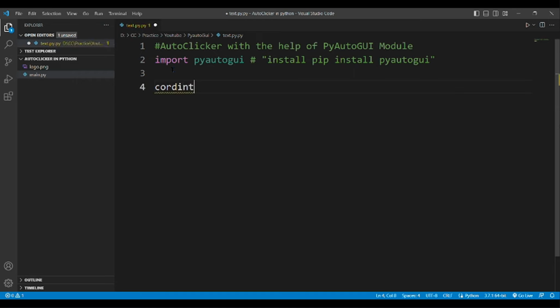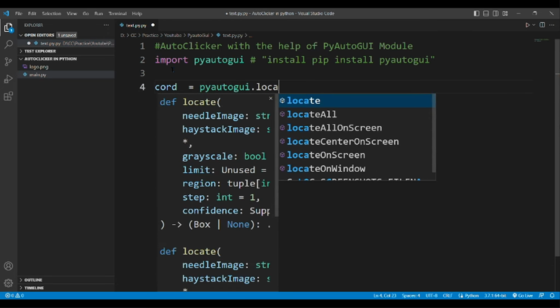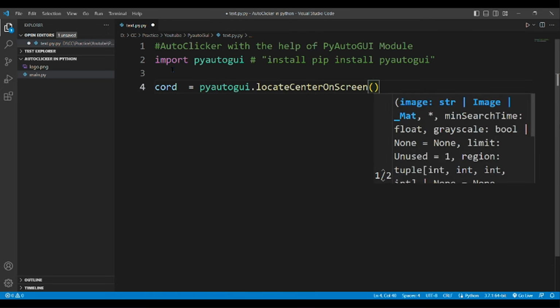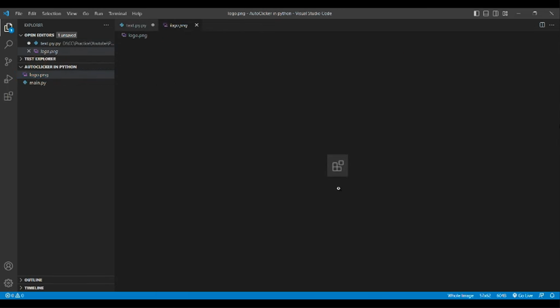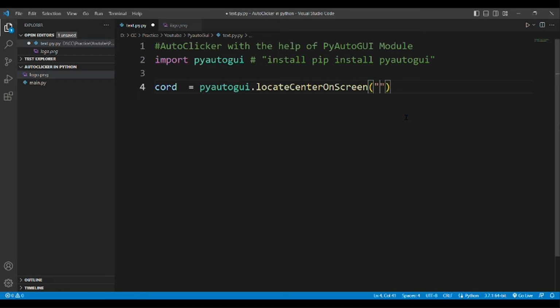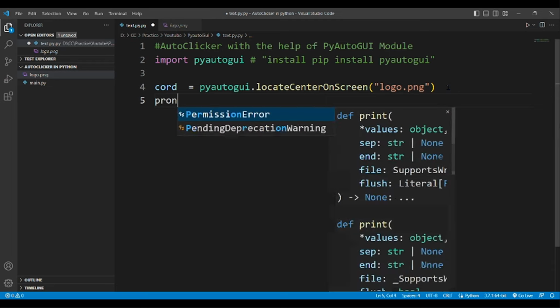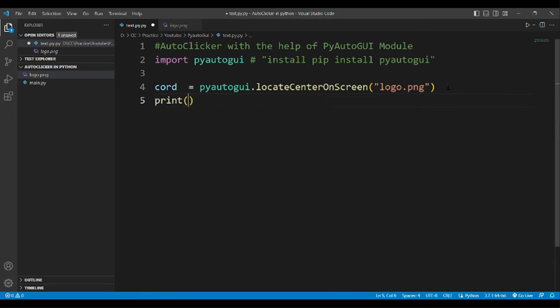Now, I will make a variable here named coordinates, in short form coord. Now I will write pyautogui.locateCenterOnScreen and the brackets. We use this function when we want to know coordinates by an image which matches an object. So I have taken a screenshot of this image so that I can get my coordinates. I need to give the name of the image inside the double quotes. Now if I print coord,